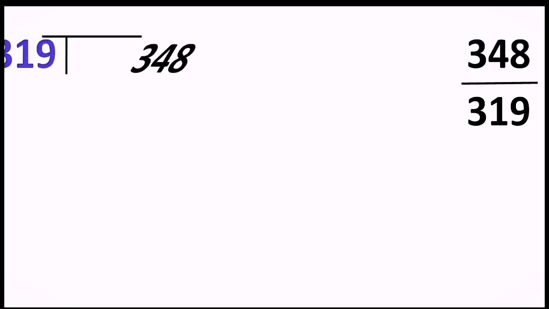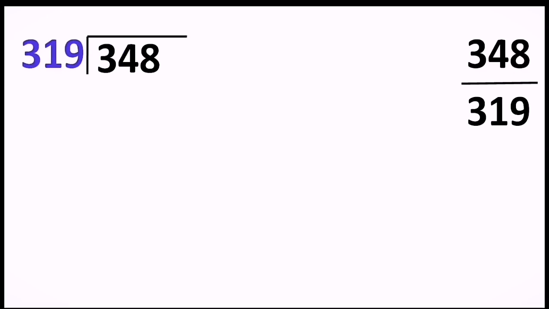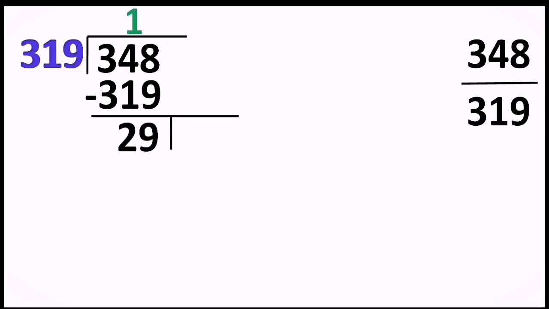I need to first decide which is the biggest number, 348, and this 348 will be written inside the division instruction, and 319, which is the smallest among them, will be written outside it. So what do we get? The moment you divide 348 by 1, we have to take 319 ones are 319. And the moment you subtract it, we are left with 29, right?